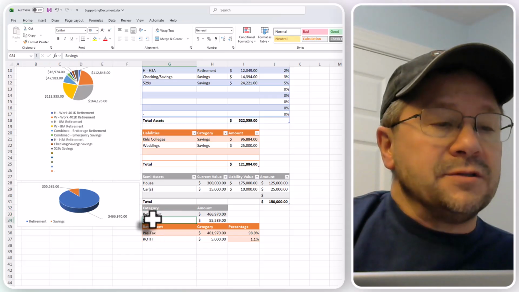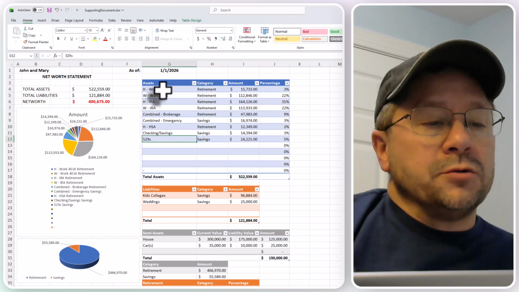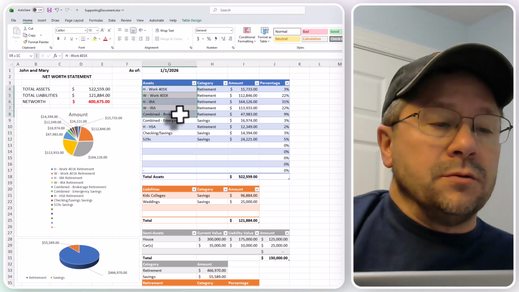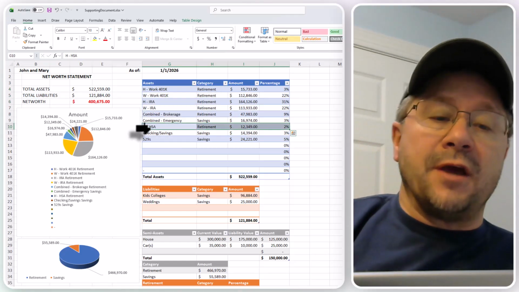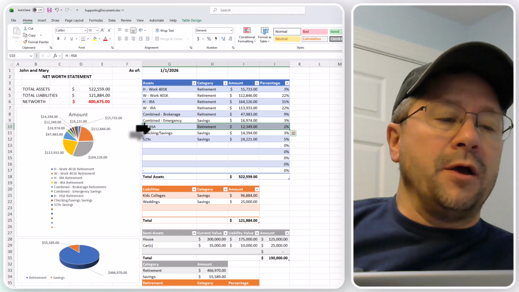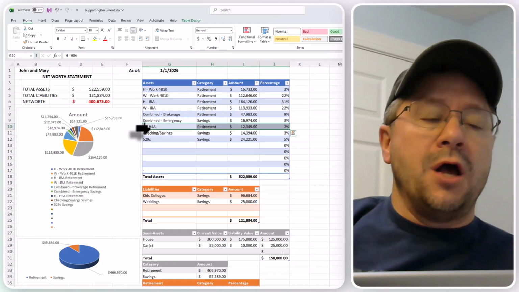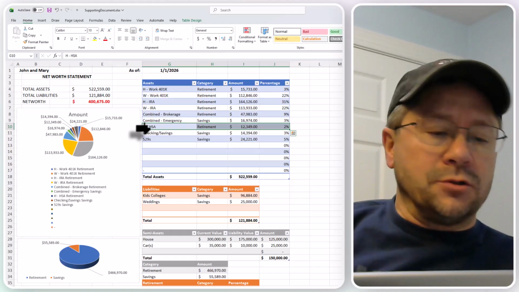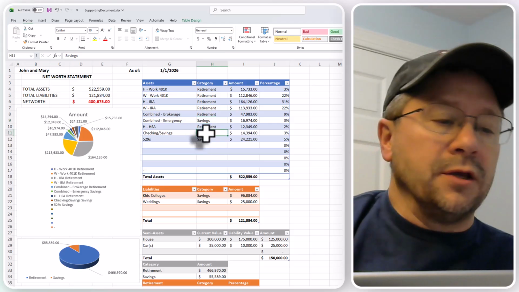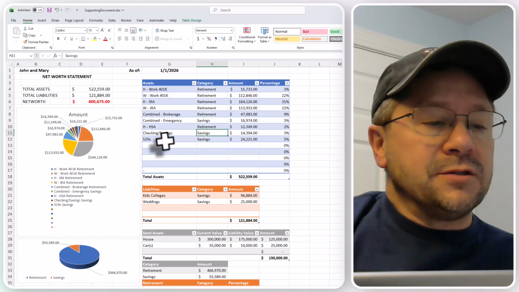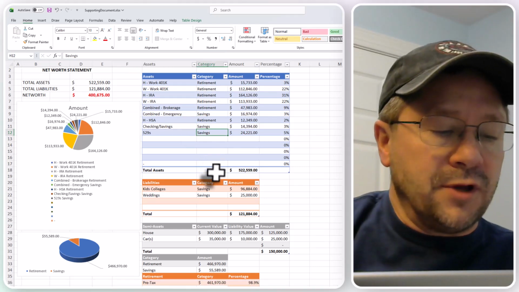I then did a couple totals down here. So between retirement and savings, you can see up here what I put for retirement and savings. Most of the 401ks and IRAs and the brokerage account are all considered really more retirement, as well as the health savings account. I consider my health savings account part of my retirement strategy, where I put the money away pre-tax. I plan to take it out tax-free, and I'm not actually using it right now. And then savings is really around that emergency fund, checking and savings, and not a lot of stuff, as well as the 529s. That's not for retirement, so I put that in a different category.